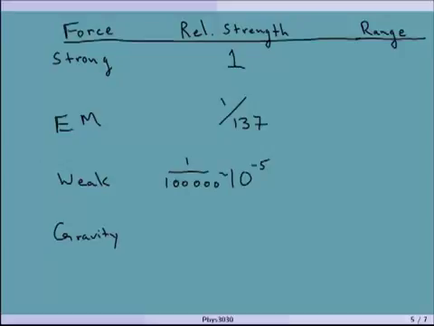And then gravity has a force that is even smaller than that, right? So gravity is 6 times 10 to the negative 39. There's no way I'm writing out 39 zeros. So it is 1 over 10 to the 39 the strength of the strong force. Very, very small. Much, much smaller than any of these. And you can see that these three, compared to gravity, are in the same range. And that's why they are all working on some at the nuclear level.